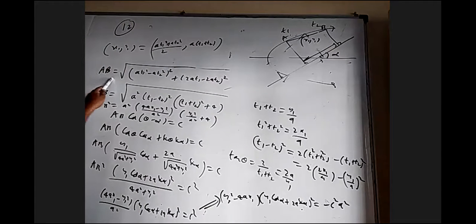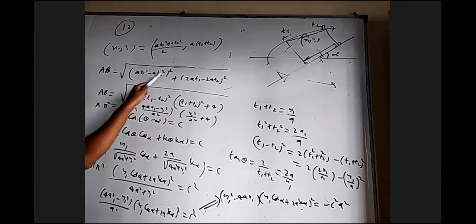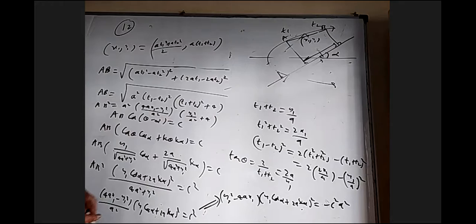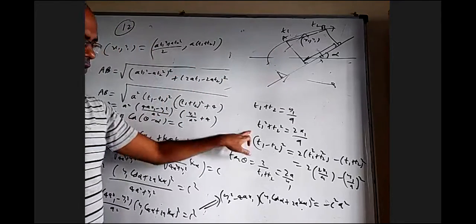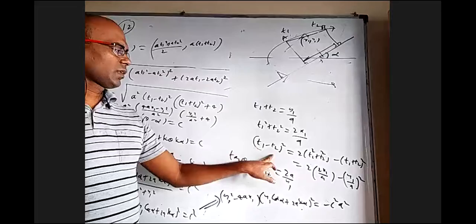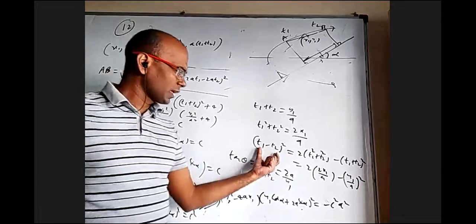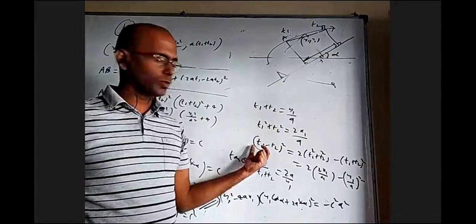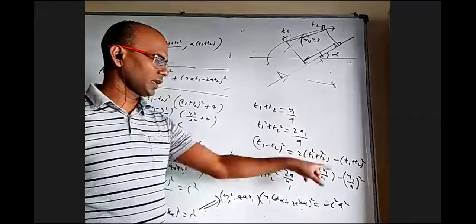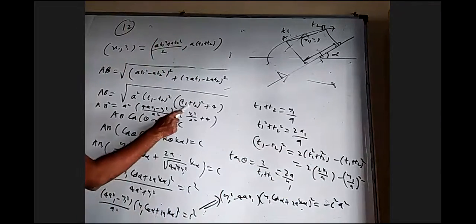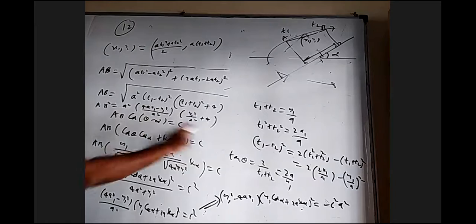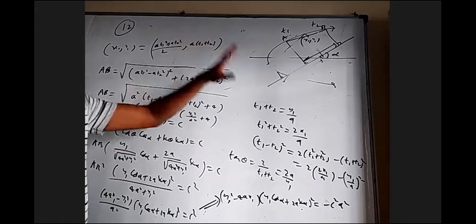Okay, so this is AB distance formula, normally by taking (t1 minus t2) common. And by using that midpoint and equating to X1, Y1, I got these two results. Based on that, I can find (T1 minus T2) whole square as this, because (A minus B) whole square plus (A plus B) whole square is 2 times (A square plus B square). Based on that, I wrote this. Substituted this, substituted this. So now I got this in terms of X1, Y1, this in terms of X1, Y1, and substituted. So I found AB in terms of X1, Y1.